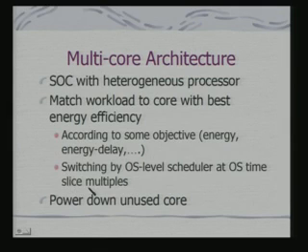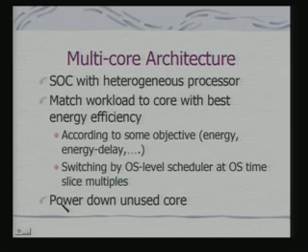Okay, because in such a case you expect an operating system to run, and the operating system can switch from one processor to another processor. An obvious solution and the most gross solution is, if you are not using something, power down the unused core. Consider an OMAP processor: if you are just using basically your OS routines, you should power down the C55 core and use only the ARM.